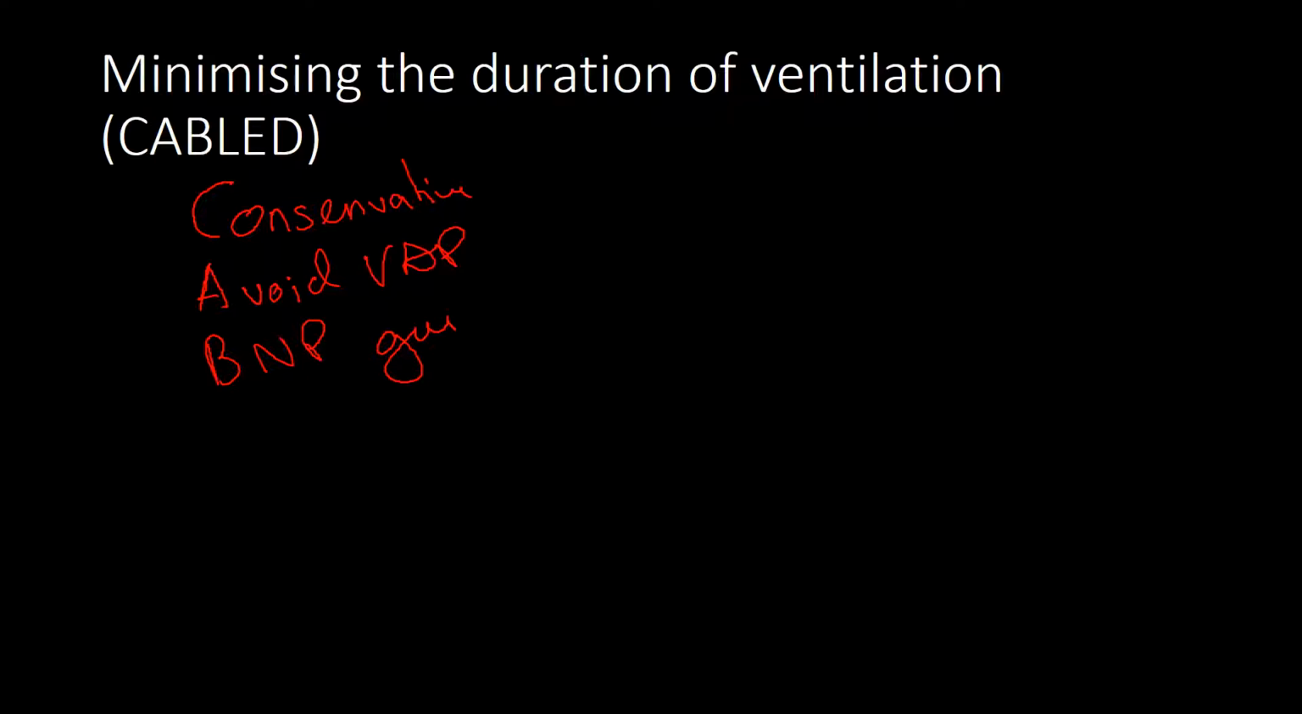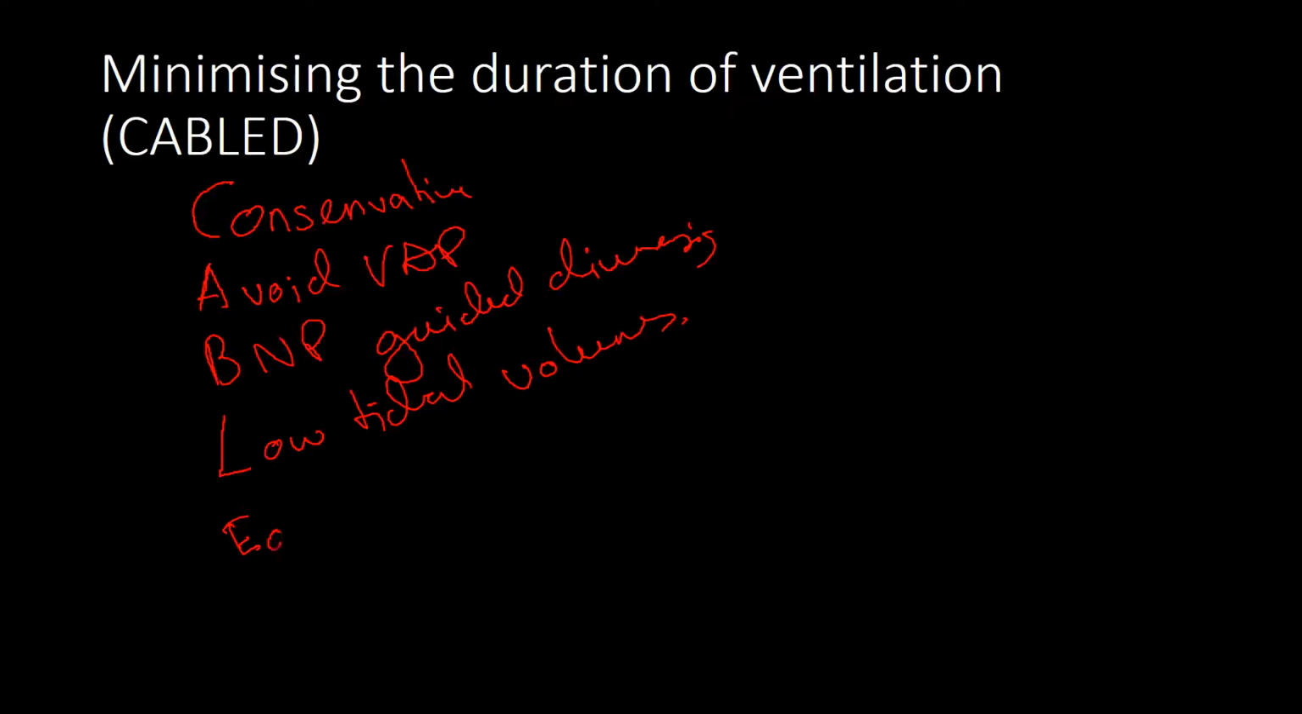So the mnemonic for that is CABLED, and I'm just going to go through it again now. So CABLED. C is conservative fluid balance. A is avoid a VAP. B is BNP guided diuresis. L is low tidal volumes, which is a bit sneaky because that's not ARDS, low tidal volumes. E is early physio. And D is daily